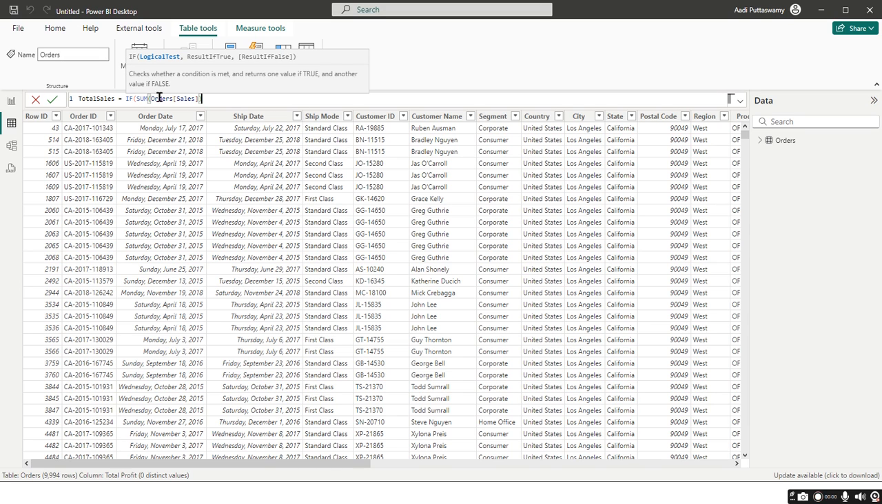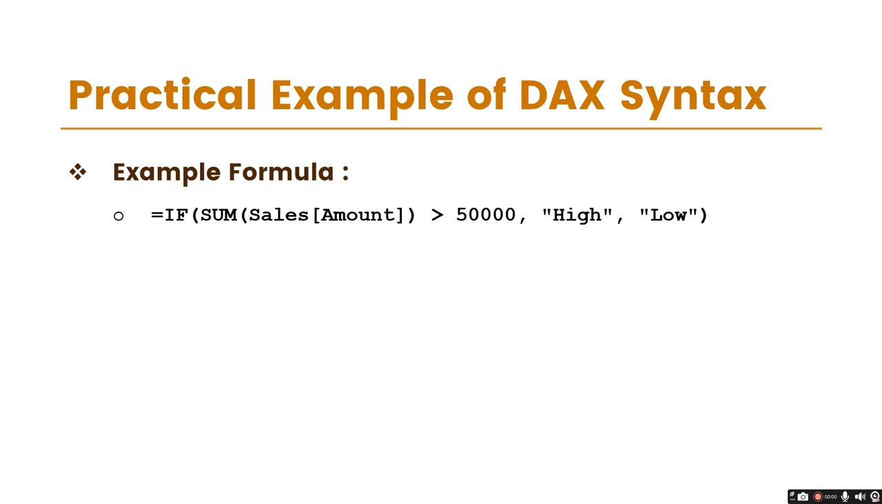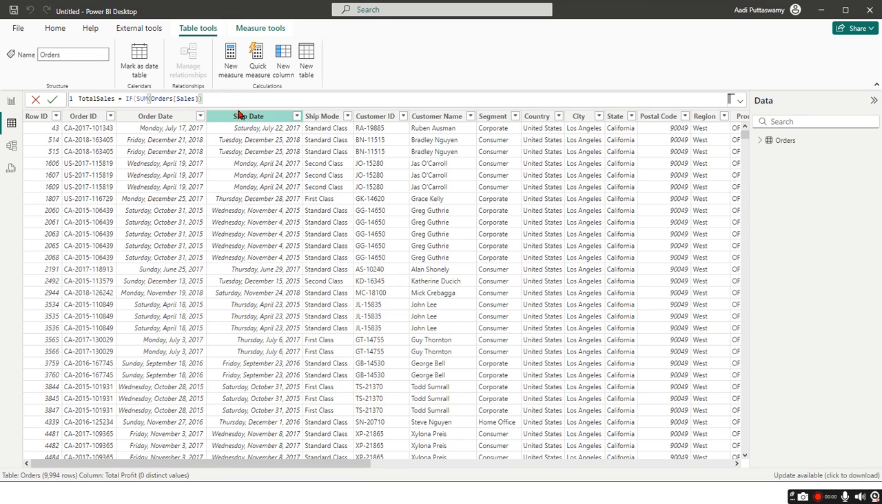Okay. You can see that in this case, for me, the table is orders and the field name is sales. Don't get confused. In this example, I have given it as sales and amount. Let me go here. I'll say if it is greater than 5,000. See here, if the sum of sales is greater than 5,000, I'll give one comma, and you can see that